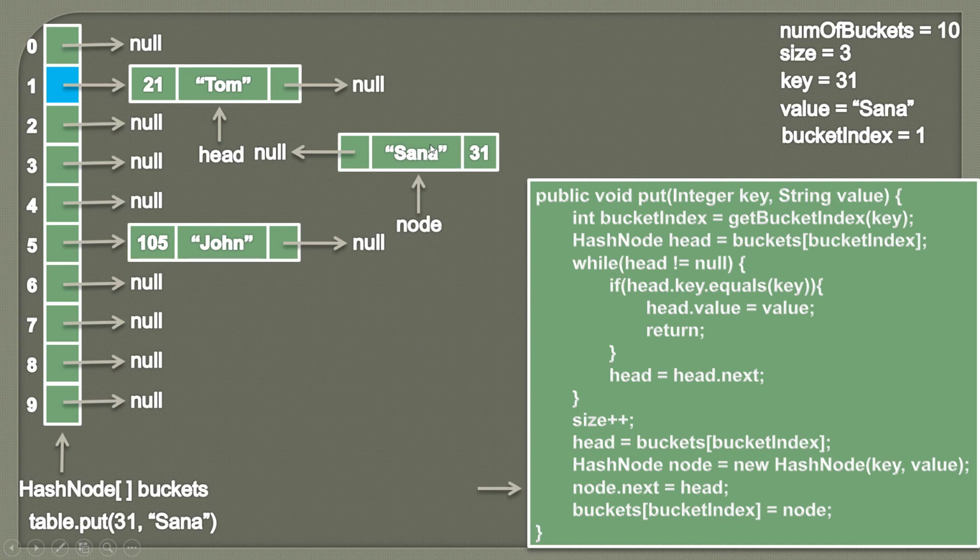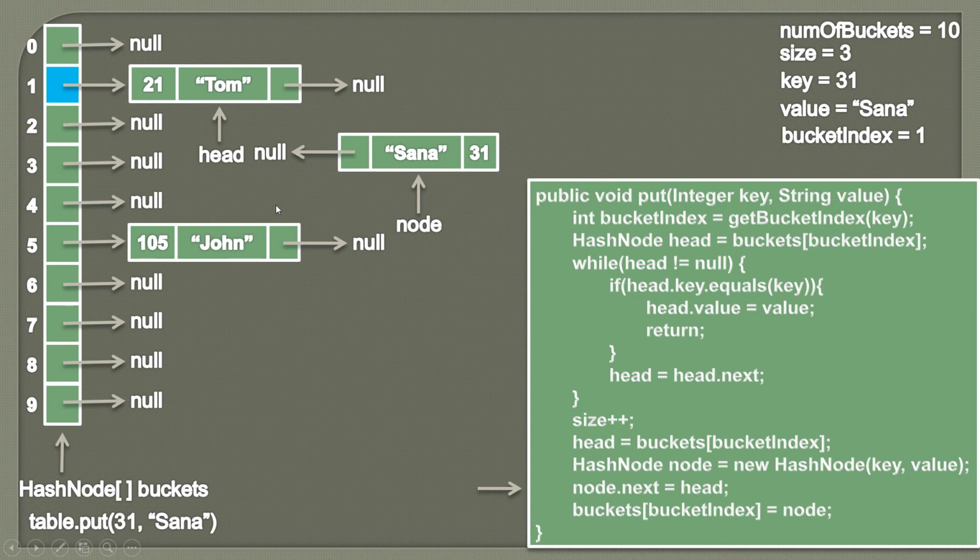And now as we want to insert this node at the beginning of the list, which means let's say there are n number of nodes already here, and if we insert this node, our node should come before head, which is having key as 21. So the node having key as 31 should insert before the node having key as 21, which is nothing but our head. So we can't directly break this link and assign it to our node, because if we break this link, this chain will go away.